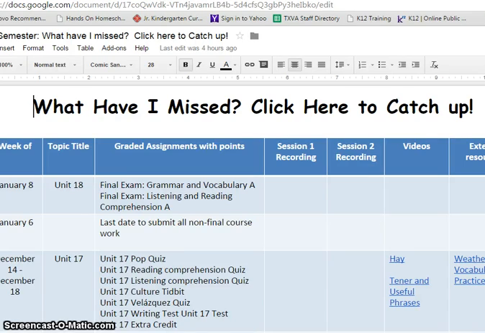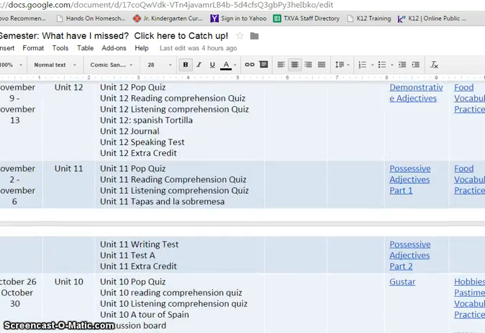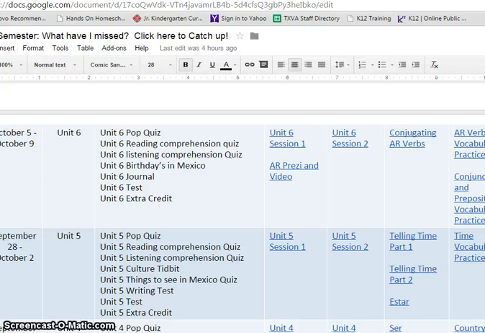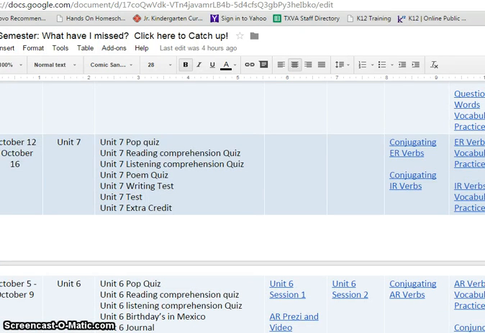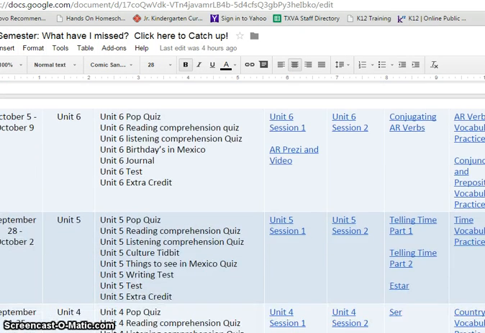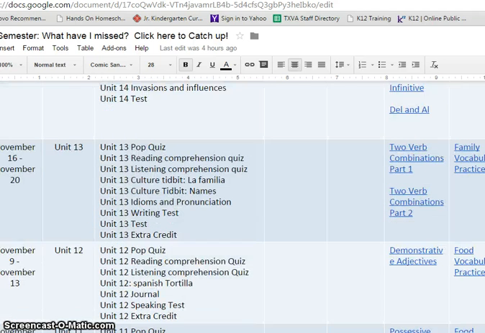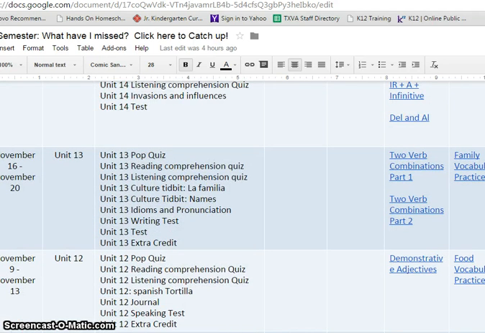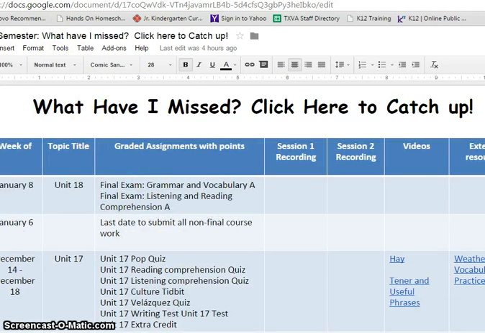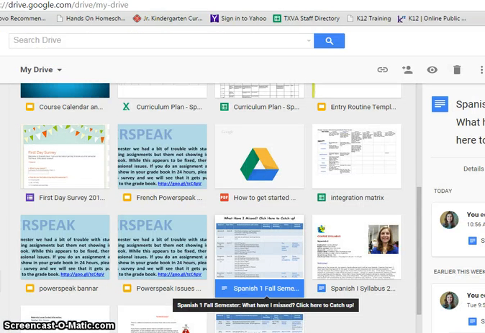and this is where you can scroll down, and all you have to do is put in the class recordings. So everything is in there from day one, and all you have to do is fill in some things there. Okay, so then the next thing is go back into the drive,